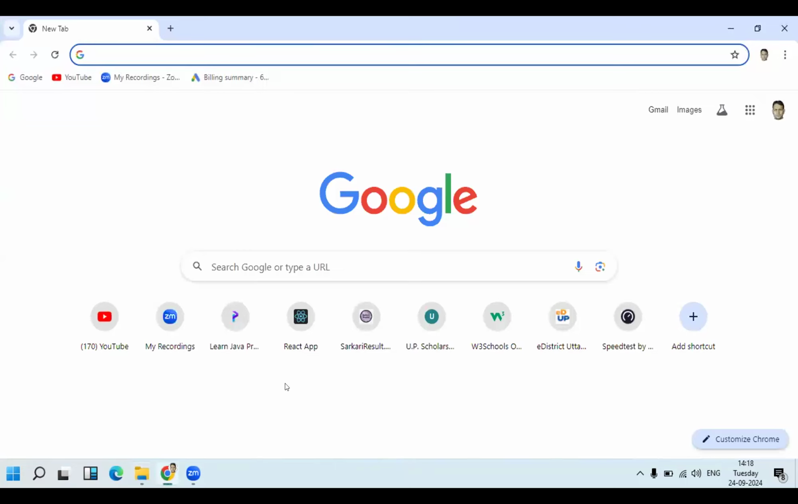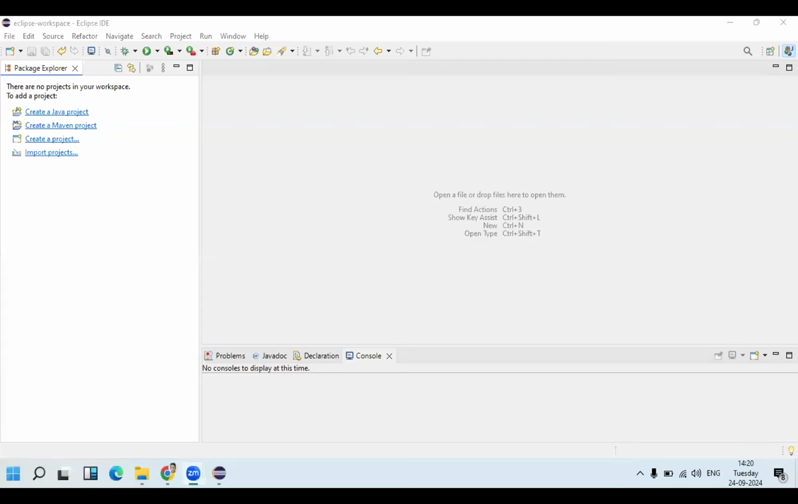Okay, just a second, guys. Okay, so first let me start this Eclipse application. Once you open the Eclipse editor in your local system, it will look like this. If you want to write your first program, you must first create your Java project. Here you can find the options to create a Java project, create a Maven project,